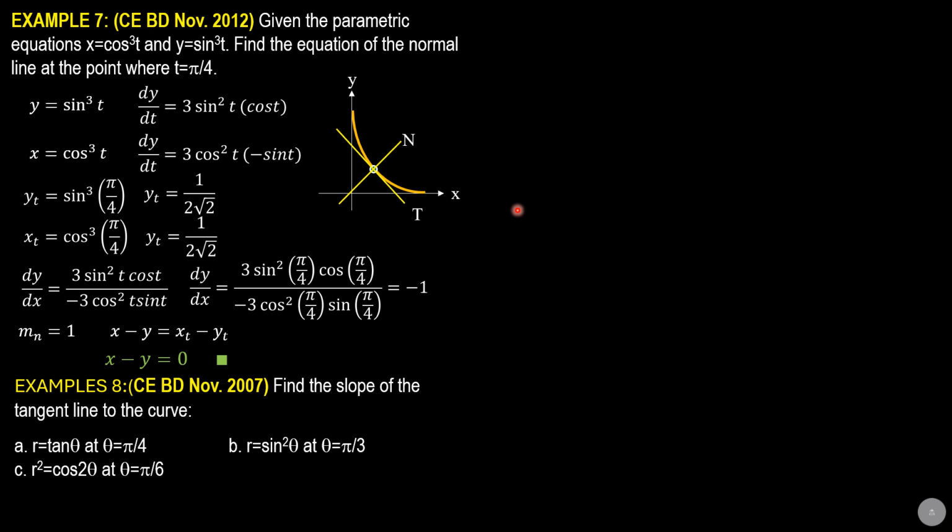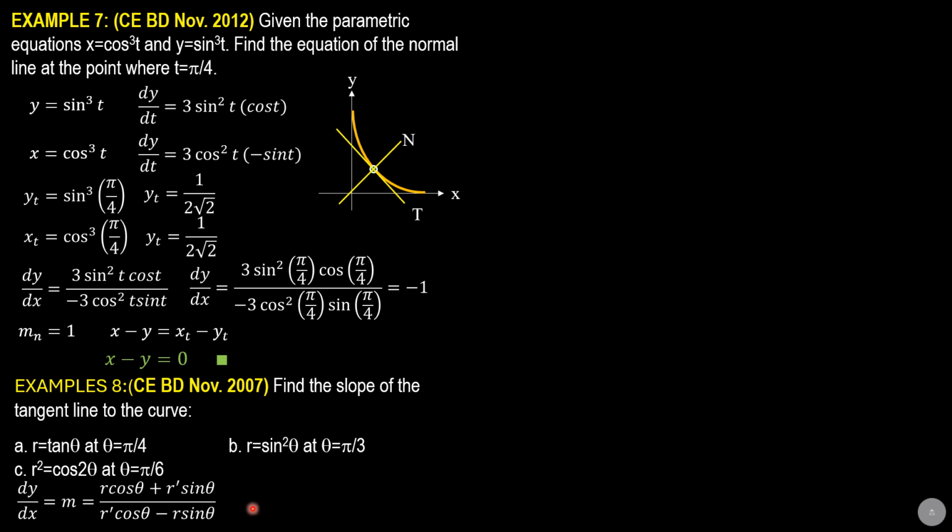Find the slope of the tangent line to the curve. So slope in polar coordinates. In the lecture part, the formula for the slope is presented there, along with the derivation, and it's up to you to memorize it. So dy/dx equals m equals, if you can remember, (r cosine theta plus r prime sine theta) over (r prime cosine theta minus r sine theta), where r prime is the derivative of r with respect to theta in this case.